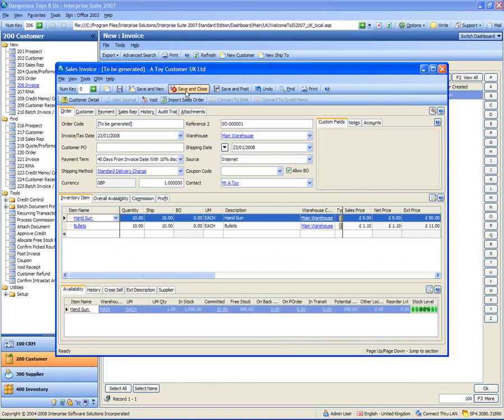Now if we just save at this point without actually posting, because we've got a separate post option on here, if we save the invoice, then this will allow us to print the invoice without actually posting to the customer's account and without taking the stock as well. We can post and close the invoice from here if we want to, or we've got a batch post menu option. Now I'll just save and close it,